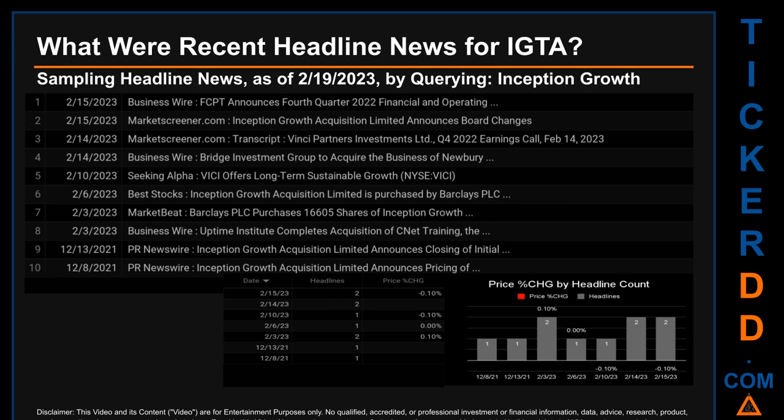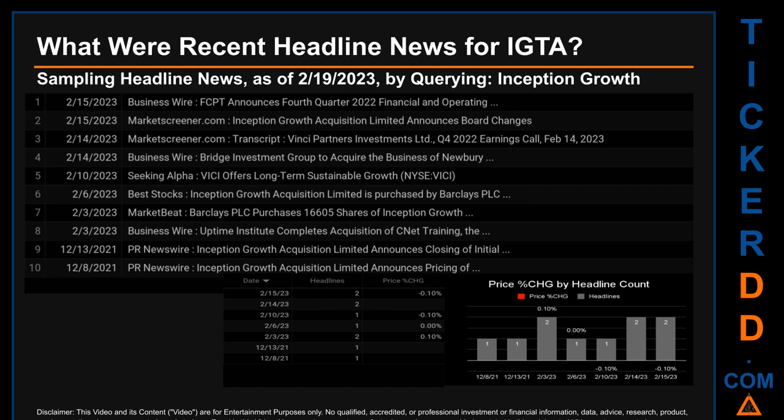The latest publication date was one of 3 days with the most found headlines. The day saw a price change of -0.10% after the ticker opened the day trading at $10.24 and then closed at $10.23. Tuesday, February 14, 2023 and Friday, February 3, 2023 also had the most headlines. They each had 2 discovered headlines.